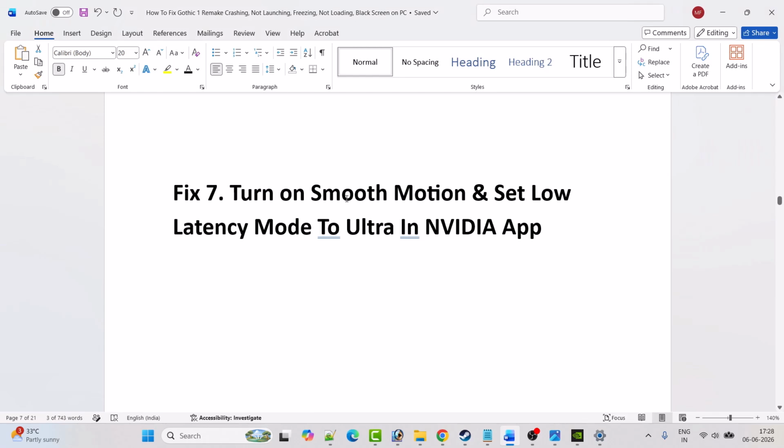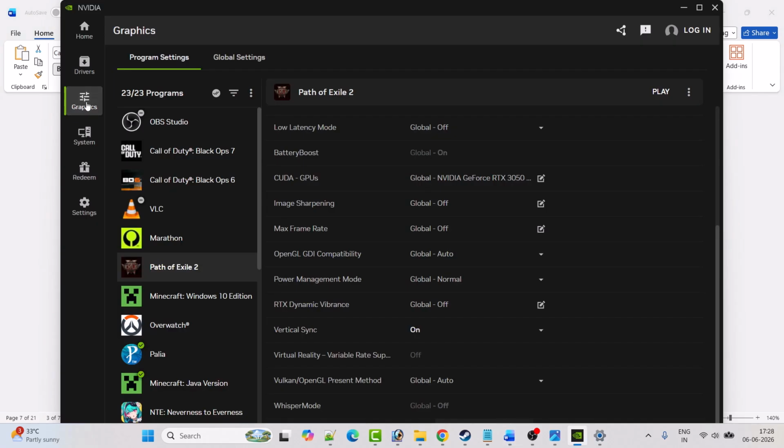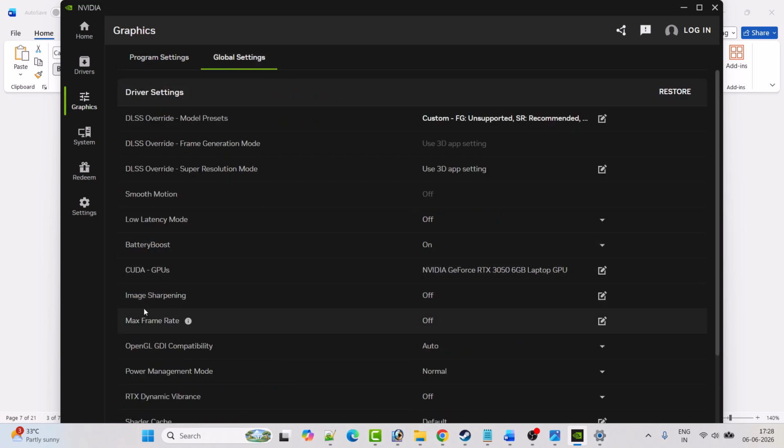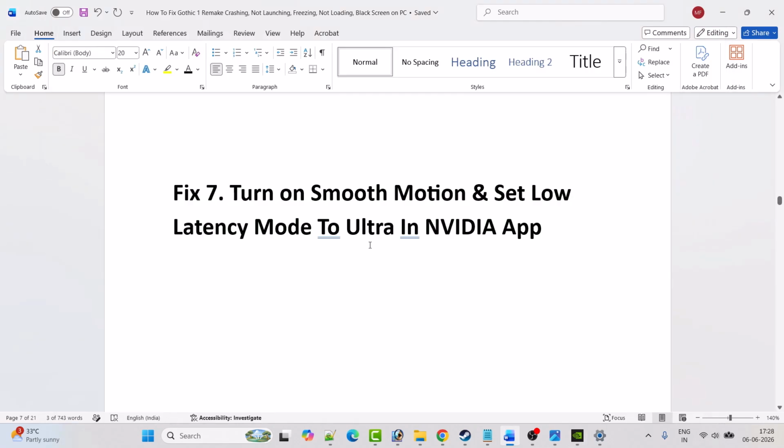Fix 7 is to turn on smooth motion and set low latency mode to ultra in NVIDIA app. So open NVIDIA app, go to graphics, and from the game list select the Gothic 1 Remake game, and then here you will see the smooth motion. If it is turned off, then you have to turn it on. Then go to the global settings and here you will see the smooth motion. If it is turned off, then you have to turn it on and then you can go ahead, launch the